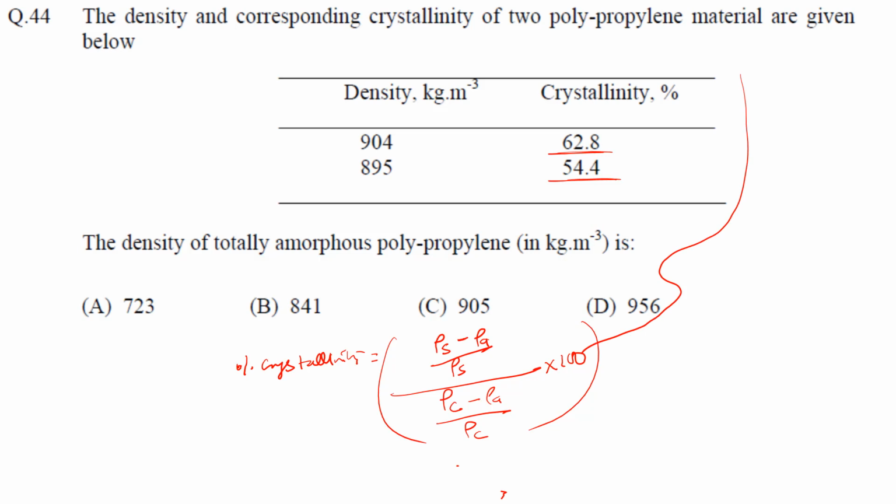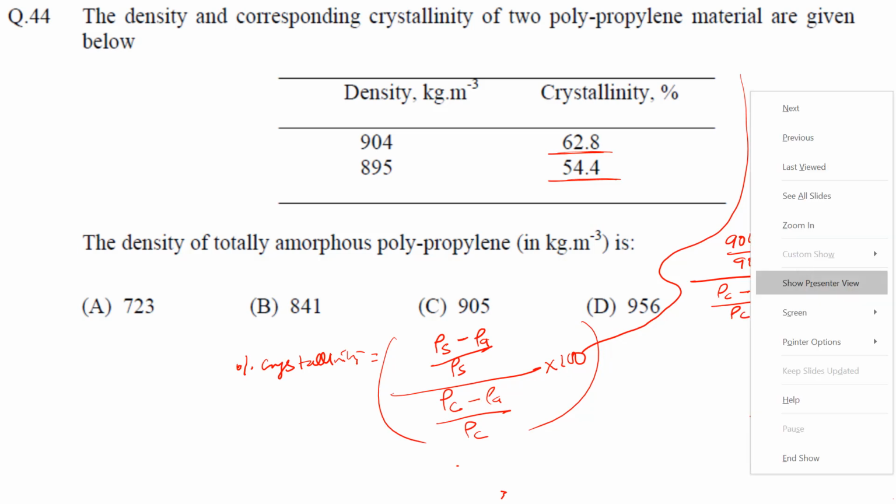Right. So we'll put the values over here and try to find. So for the first case, density of sample is 904. Density of amorphous we don't know, density of crystalline we don't know, into 100